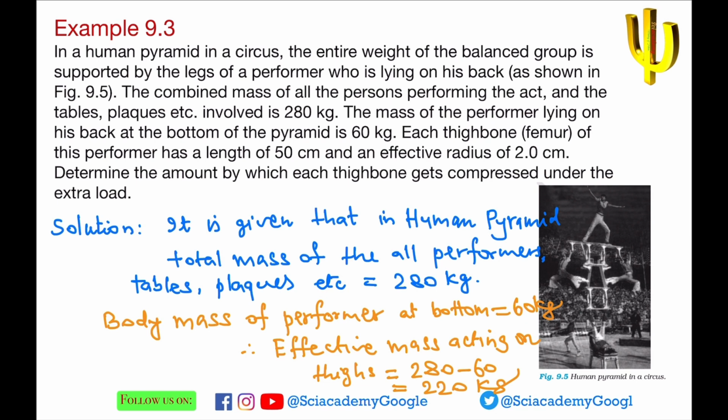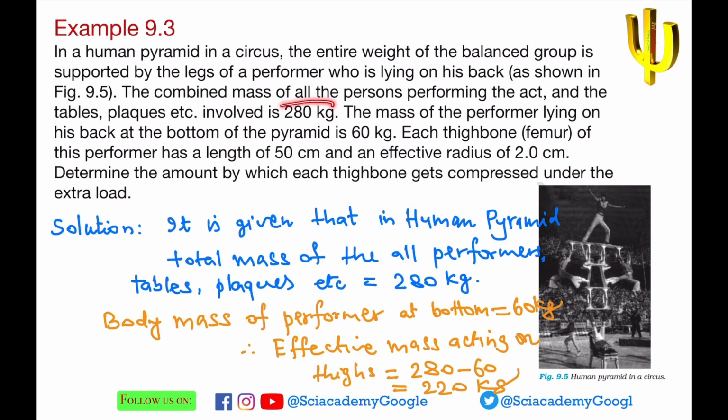It is given in the question that the total mass of all the persons, tables, plaques, etc. is 280 kg, and the mass of the performer at the bottom is given as 60 kg. So we can find the effective mass acting on the thighs,